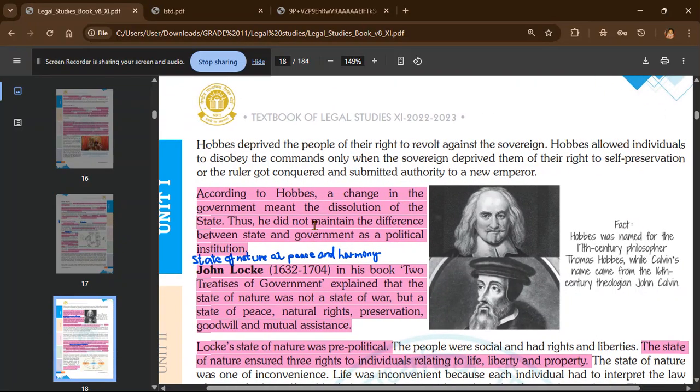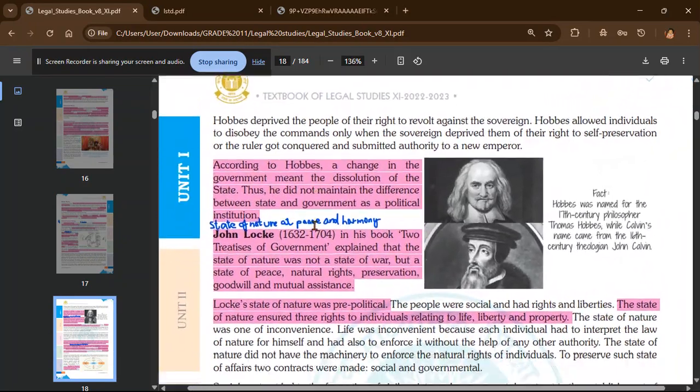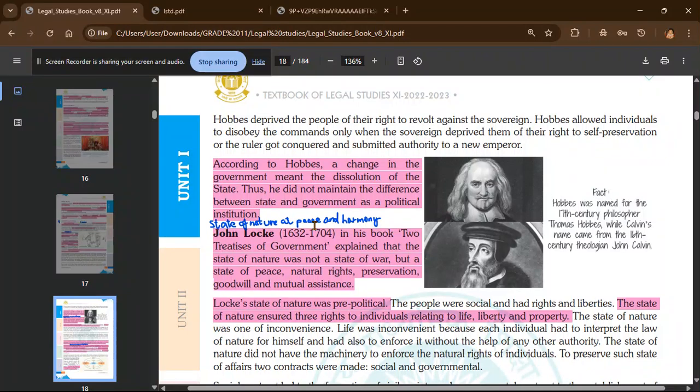See, we all must note that first your state comes and then government comes. If there is no state, there can be no government. State comprises of population. If there is no population, can there be government? No. Government's main aim is to protect the population of state. So when there is state, then only comes government. So Hobbes was telling that if you have to change your government, your state will also dissolve with it because your state is dependent on government. Okay, your state is dependent on government and not vice versa.